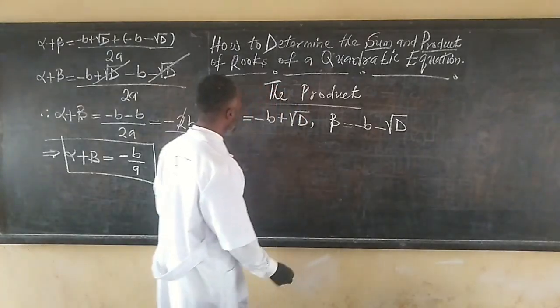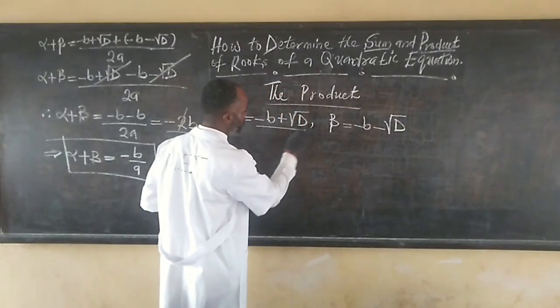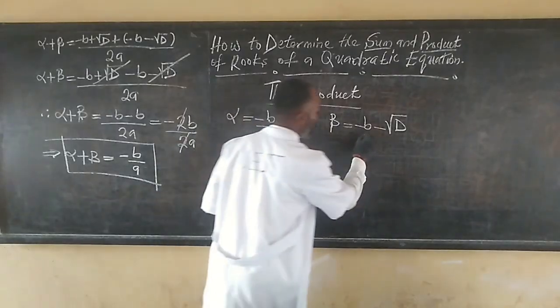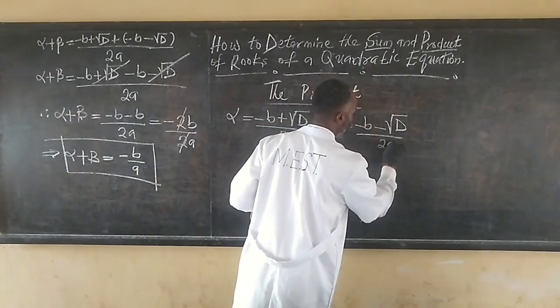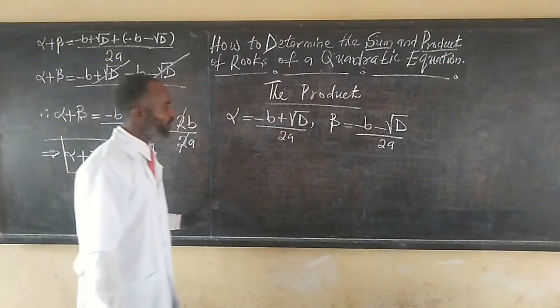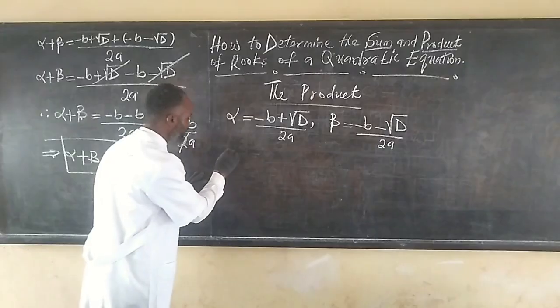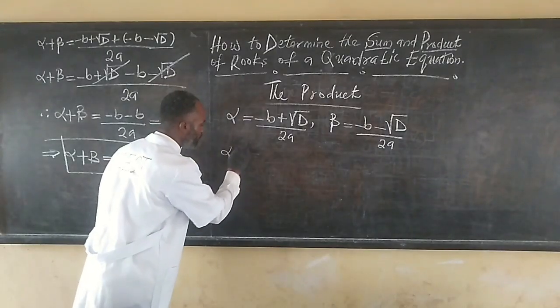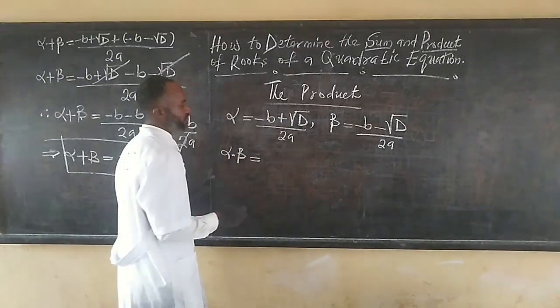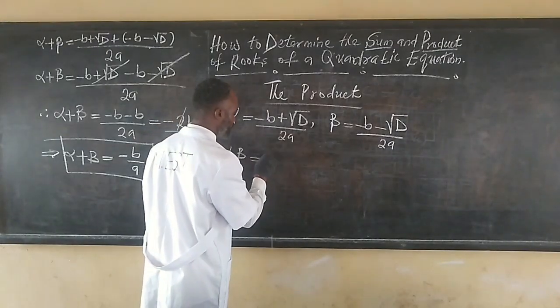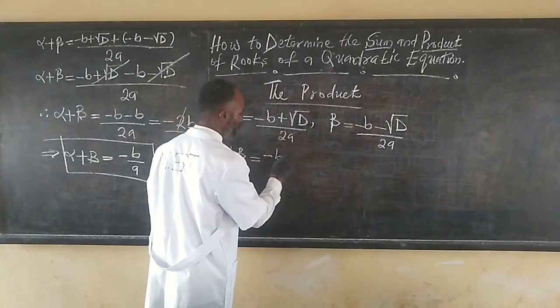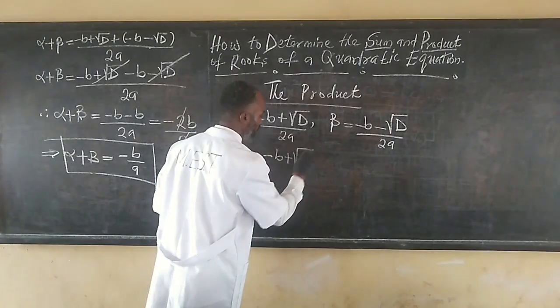Both are over 2a. If we still recall this, we can now say alpha dot beta is minus b plus square root